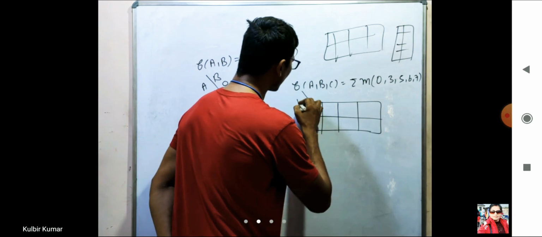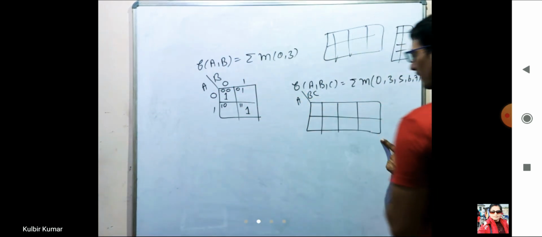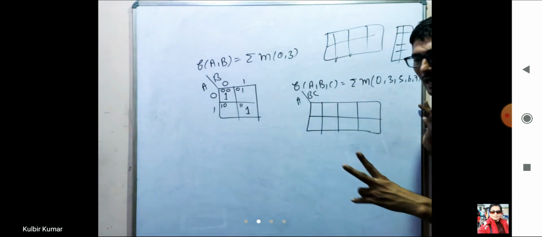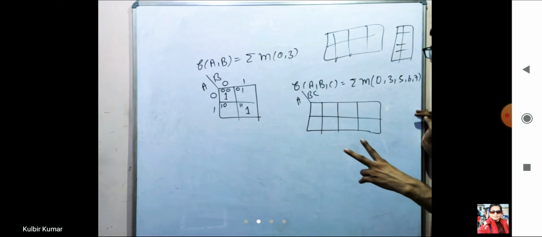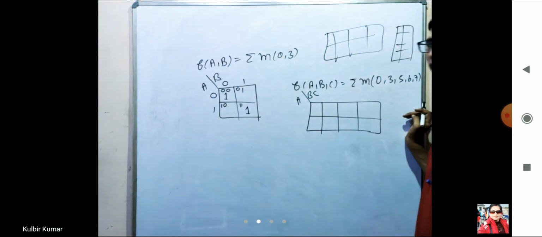So let us take variables a and b, c. So what is the difference? अगर हमारे पास टोटल 4 कॉलम्स हैं तो 4 कॉलम्स को आइडेंटिफाई करने के लिए 2 वेरिएबल होने चाहिए. Why? Because with the help of 2 variables I can create 4 combinations, and there are 2 rows. To identify 2 rows, 1 variable is sufficient.